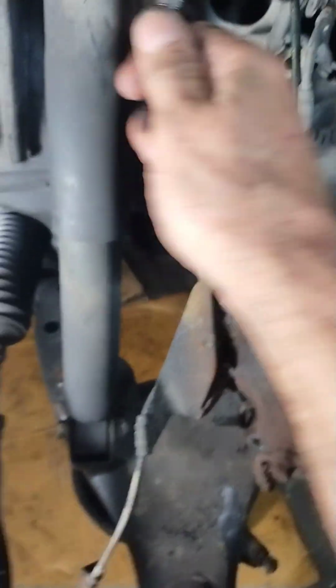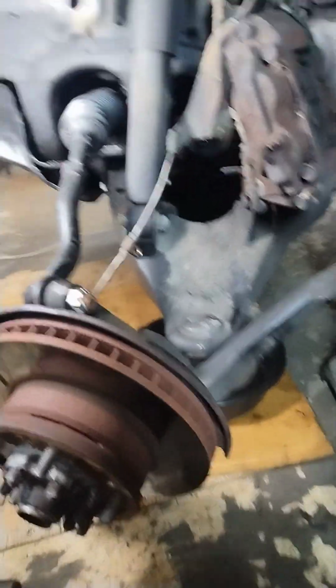This ball joint's pretty much shot, as you can see. I don't know if you can hear that, but it's shot. She needs ball joints. She needed axles. They're really, really bad. Now, once you take all that off, I use the jack because that thing's heavy,